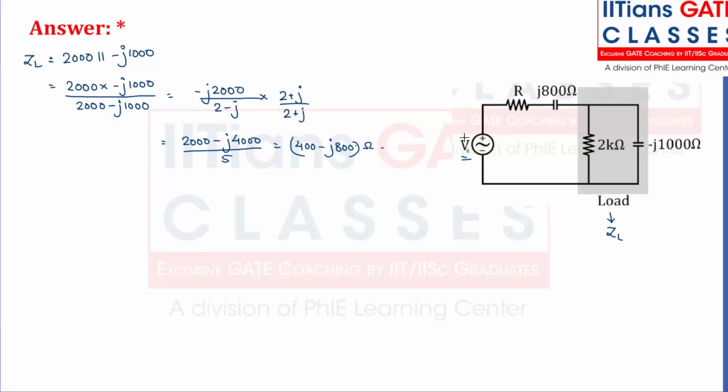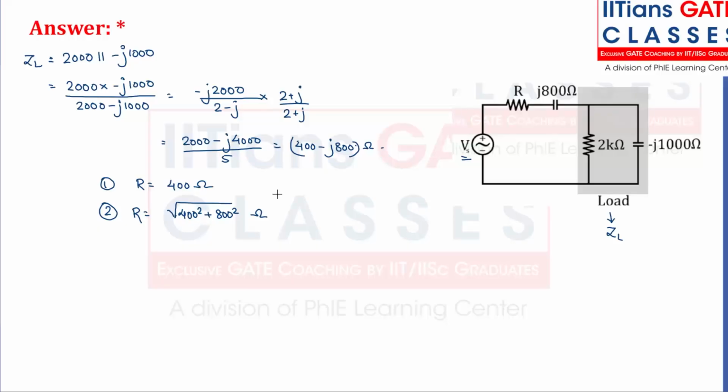So now many of you might have written your answer as R should be equal to 400 ohm. Okay, this is the first answer. Second answer, R is equal to square root of 400 square plus 800 square. So let me know. I don't want any one of you to change your answer. Keep your answer as it is and tell me which one you have marked. Okay, don't change.